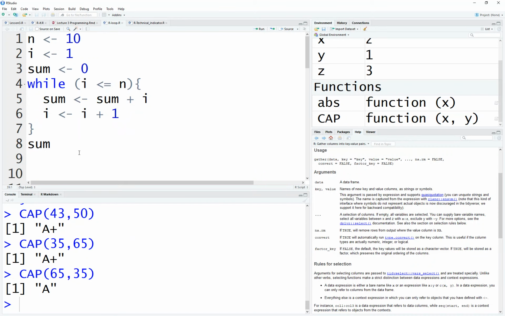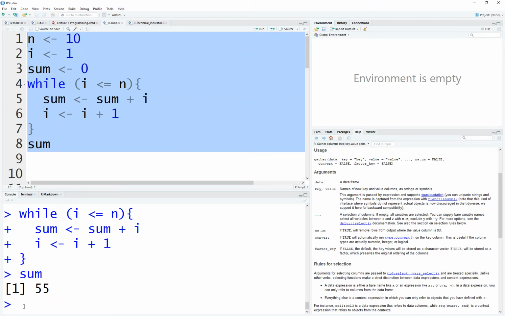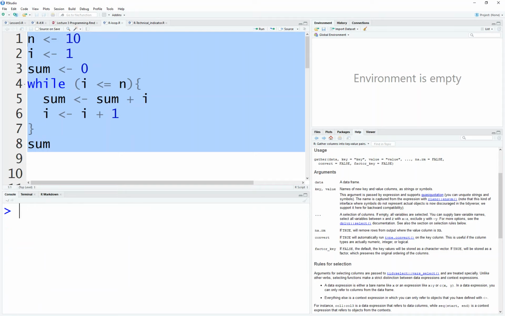This is exactly the same code you find in the slide. So run it, you get 55. This is exactly what we want. And let's see the next